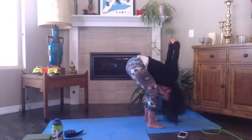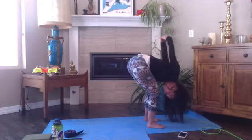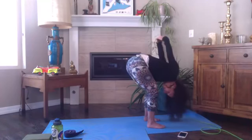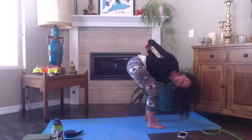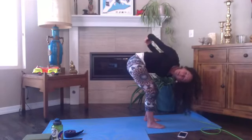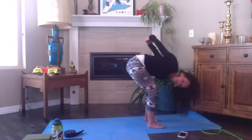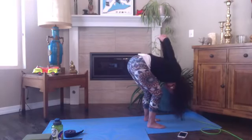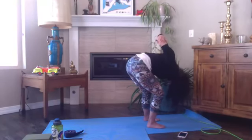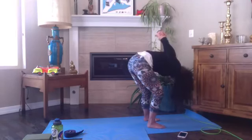And lift your hands off your back. Feeling a stretch through the fronts of your shoulders. And in fact, let's take this a little deeper. Bend your left knee, pull your hands over to the left, and look up over your right shoulder. Keep your stomach engaged here especially, but let your stomach lift you a little bit up and over, and then come on, switch sides, bend your right knee, straighten-ish your left knee, pull your hands to the right, and look over your left shoulder, engaging your core to lift you a little bit,